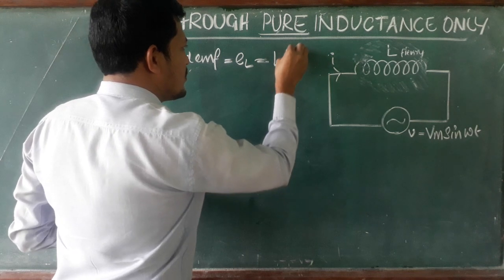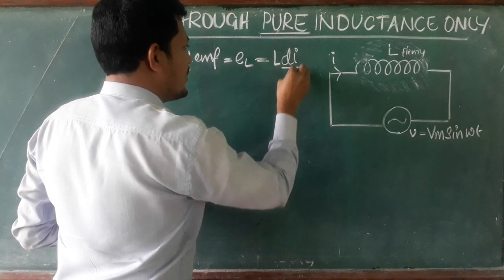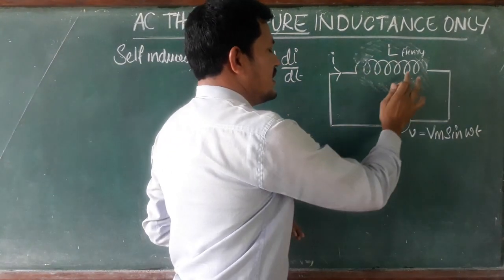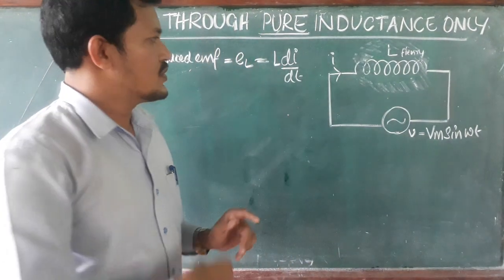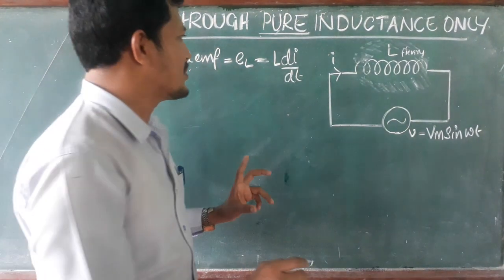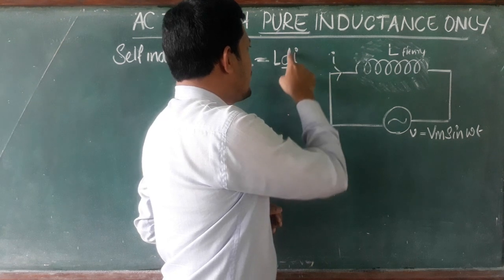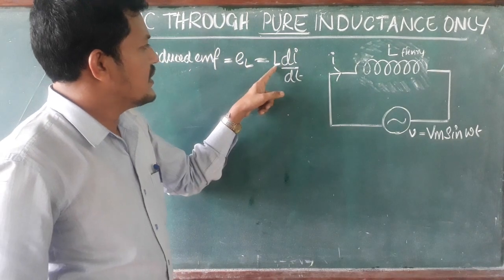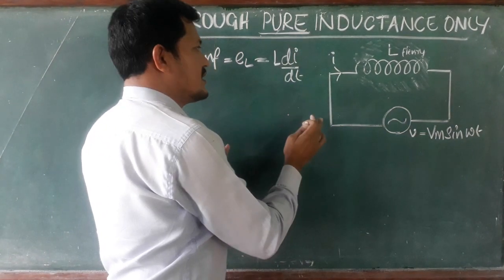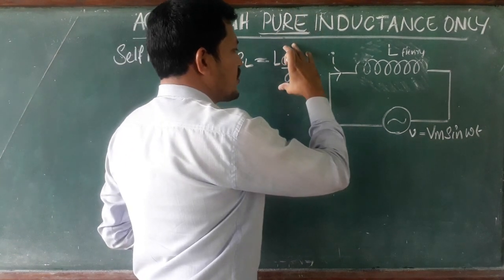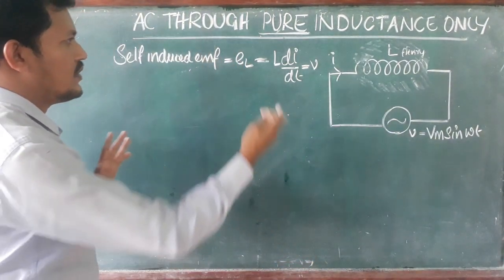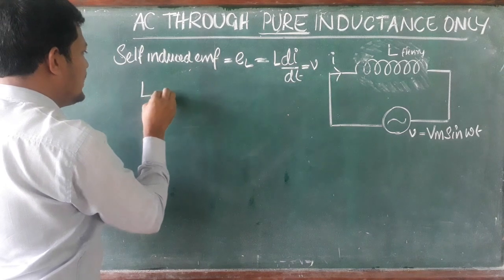how much inductance it has, and the cause of its production is the changing current in the coil. So L di by dt, I took because the current is changing here, so that changing flux is produced, and the changing flux cuts the conductor. Changing flux cutting the conductor means EMF is produced, and the responsible quantity is current. So we take L into di by dt. Clear? Now it is a very pure inductor, so how much EMF is produced is equal to our supply voltage V. Clear?